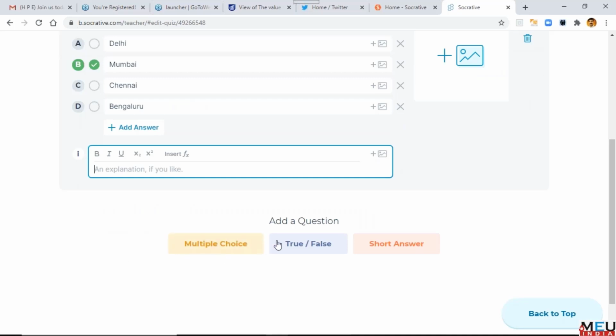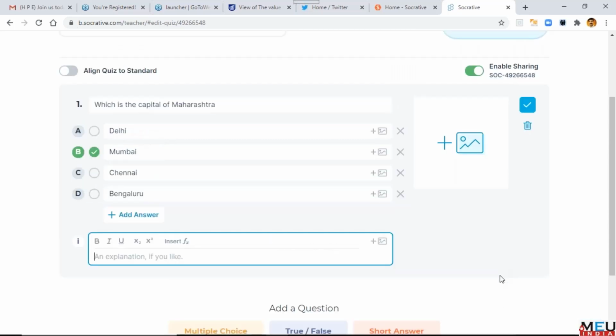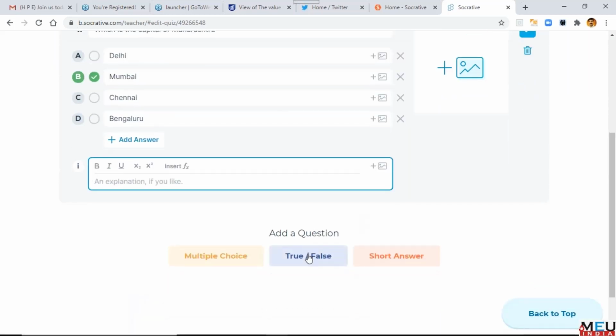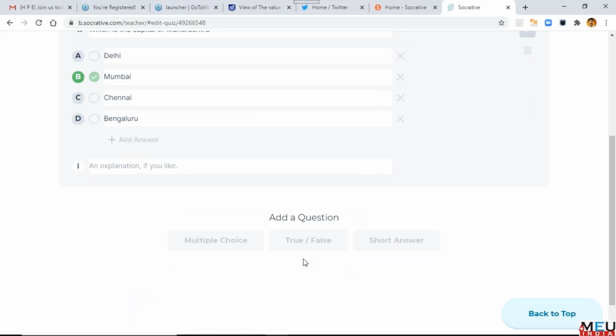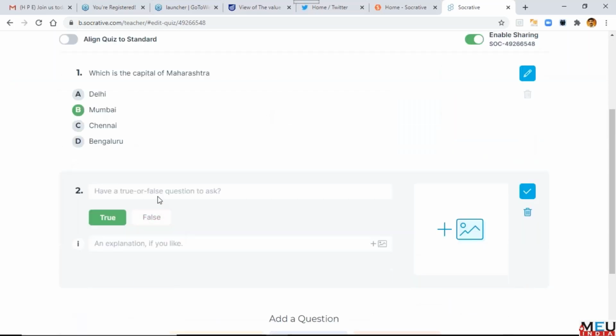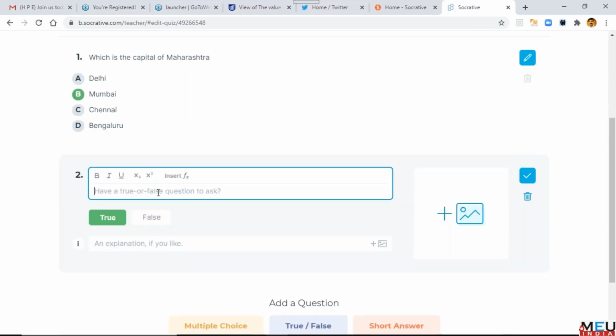Then you can add a true or false. You can add a short answer also. All these things are possible. So now one quiz is created. Maybe for the next question you want to add a true or false.